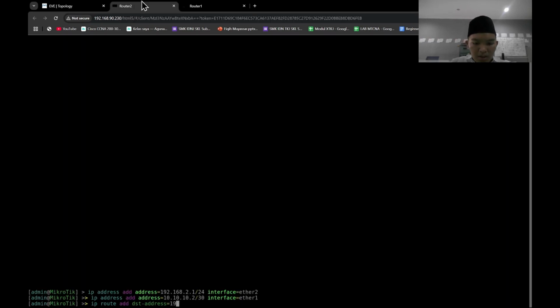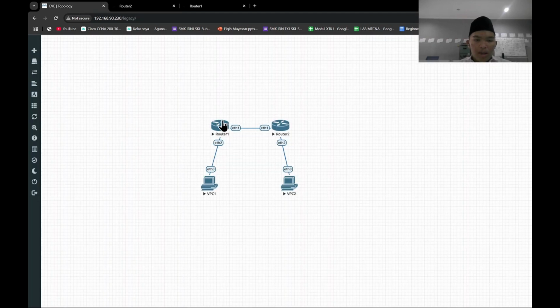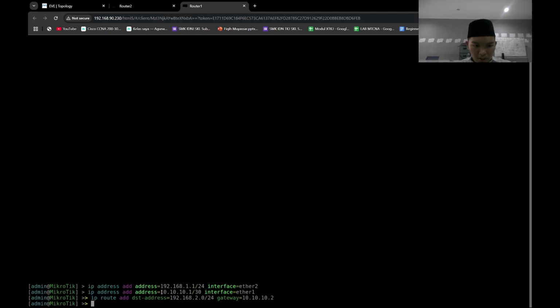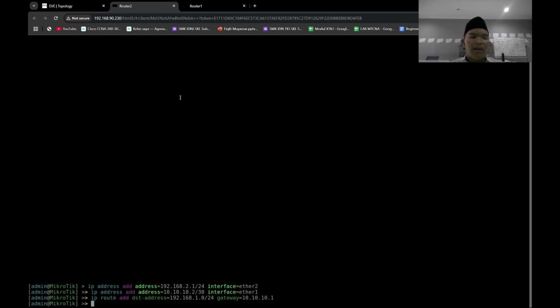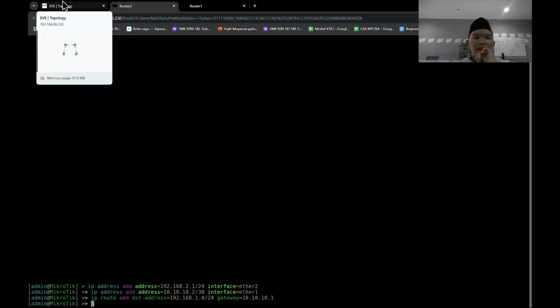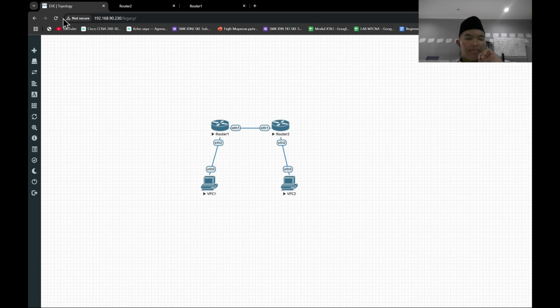So the network is 192.168.1.0, and then the prefix is 24, and the gateway is the IP of ether1 in router 1, that is 10.10.10.1. Okay, the route is already added.